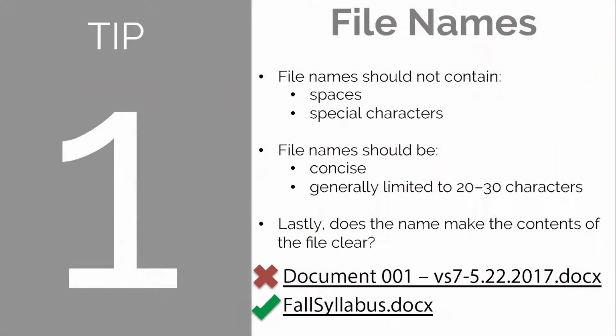Very commonly, we'll get attachments with maybe "document 001" or a string of letters. And that's not very descriptive to someone who might be using a screen reader if they have visual impairment. So you want to try to keep your file names as specific as possible and prevent using any special characters or spaces in them, as that interferes with some screen readers.